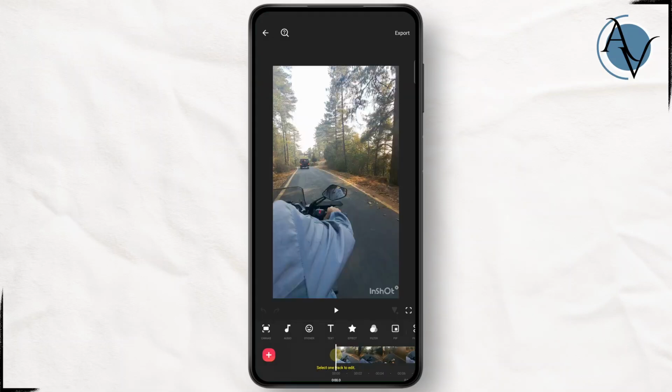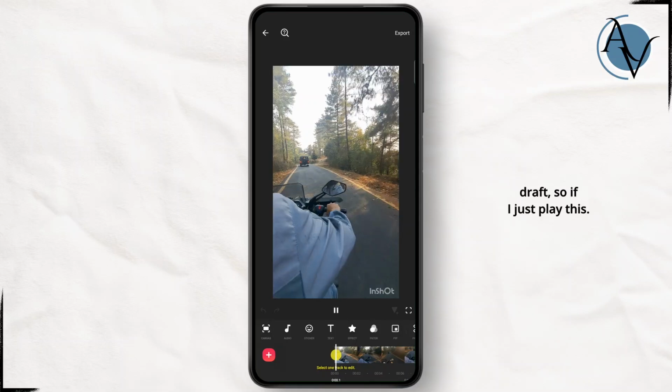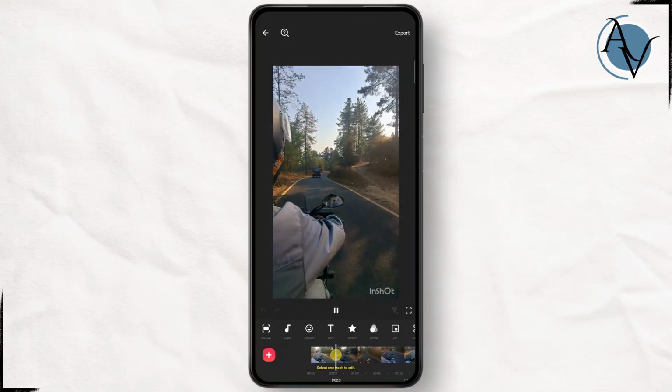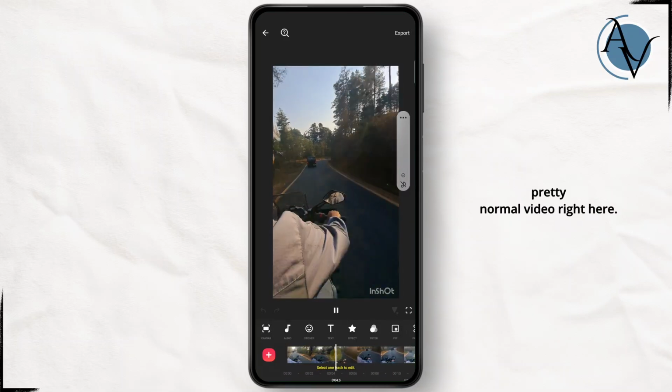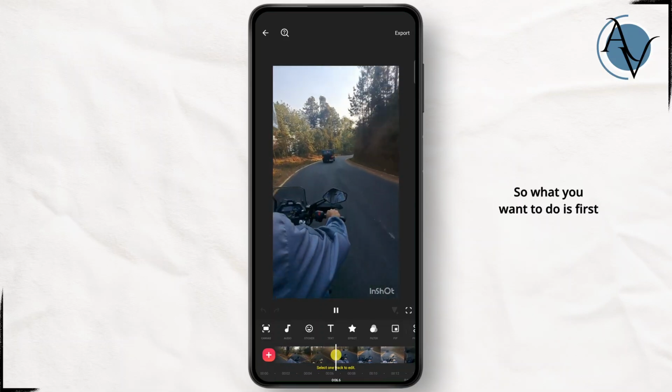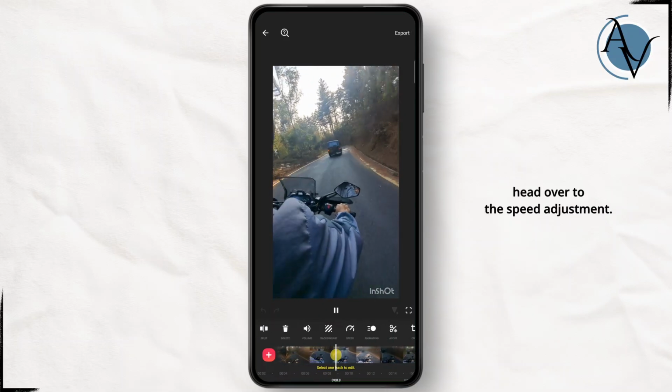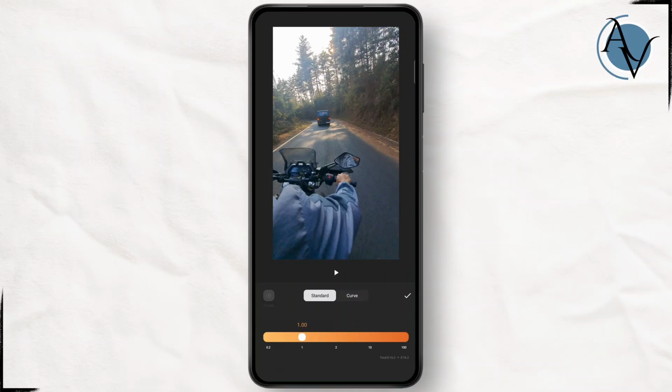want to stabilize. Here I already have one in my draft, so if I just play this, as you can see, this is a pretty normal video right here. So what you want to do is first head over to the speed adjustment, tap on it, you'll get the